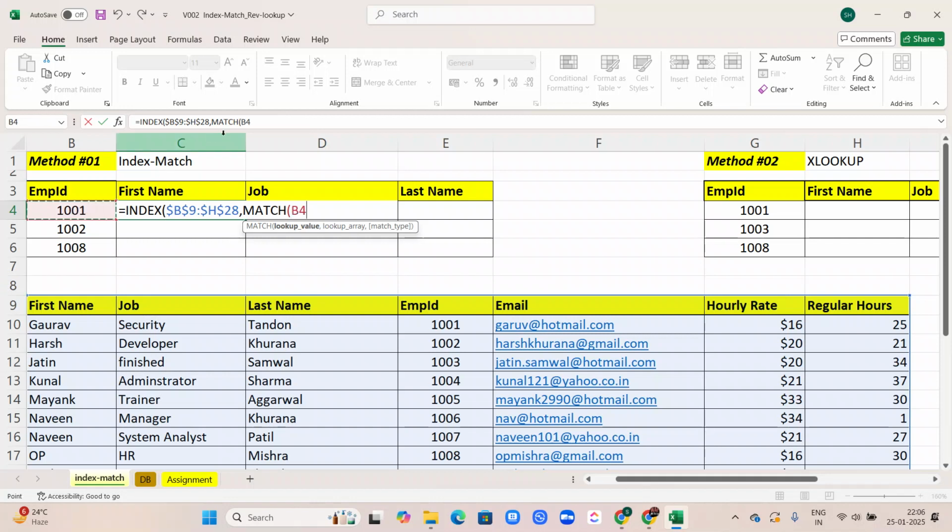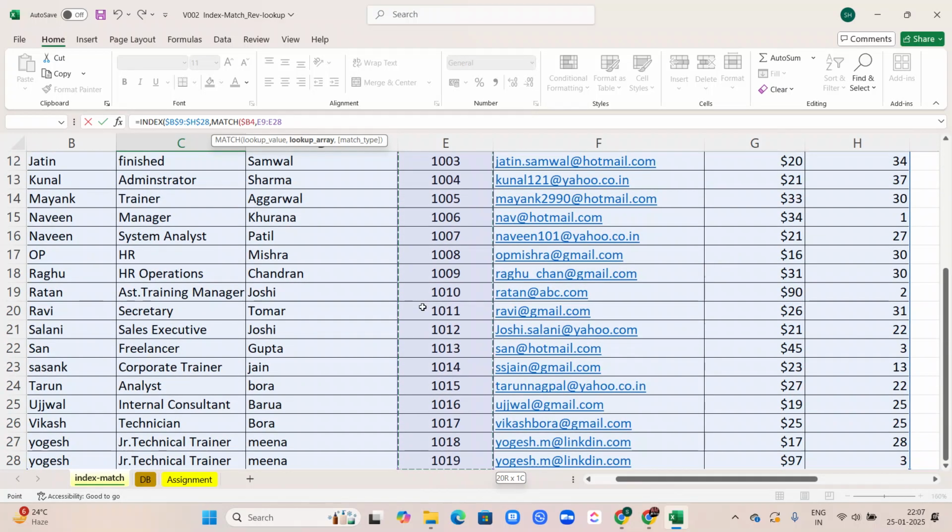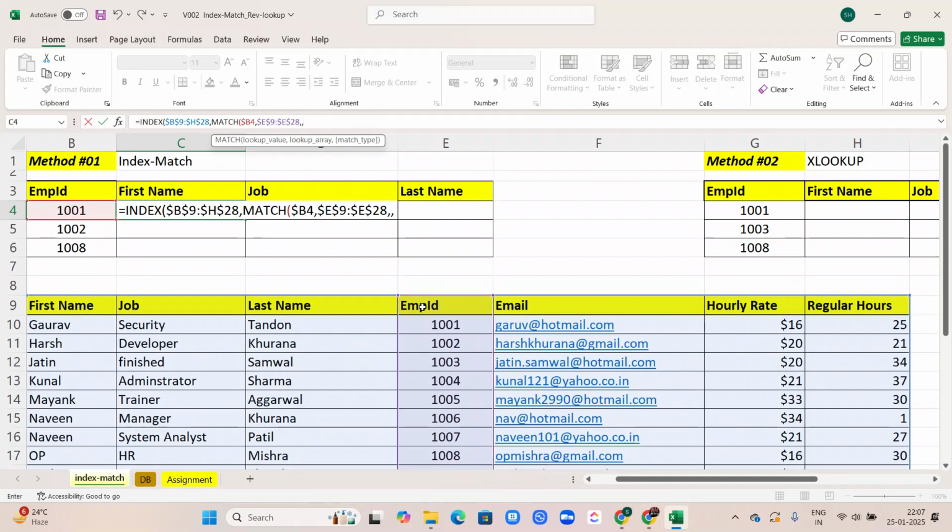Here I'm going to freeze only B, not B4. I will keep 4 as a free space, because we are going to make it B5 and B6 as well. And I'm going to select that value from this unique value of the employee ID. I will be freezing the employee ID as well. So once I select that,